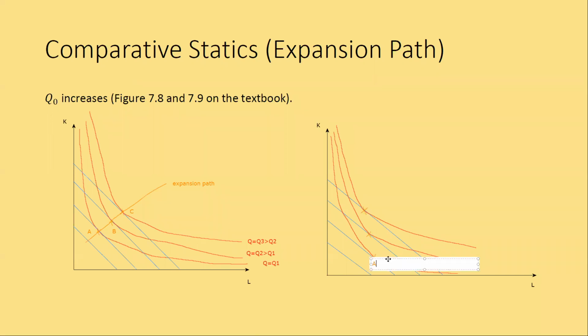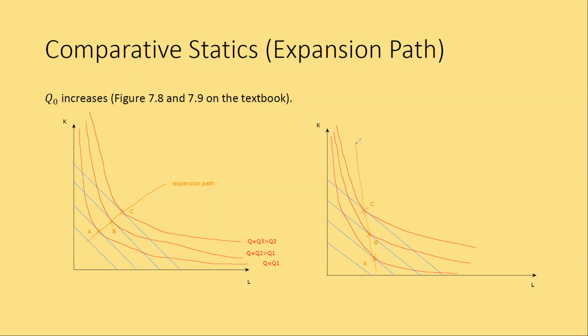So this is our optimal point A, this is our optimal point B, and this is our optimal point C. And if we connect those points, so let me move point B here. If we connect those points,